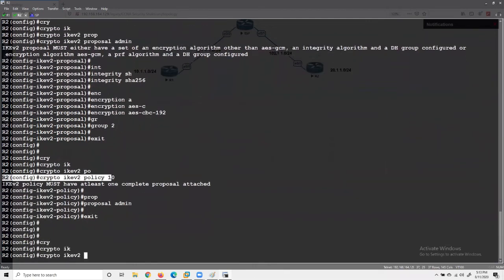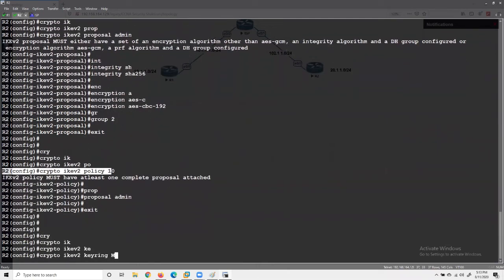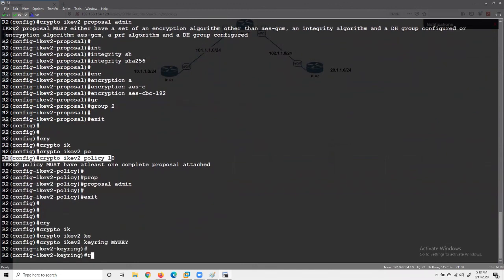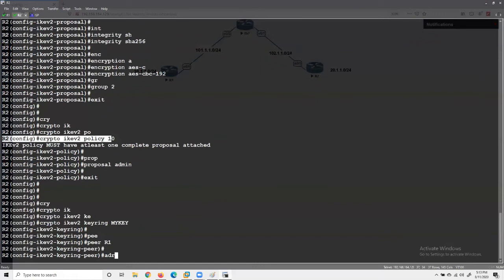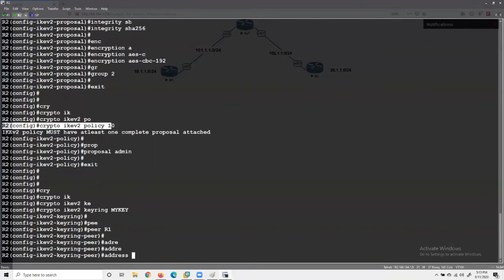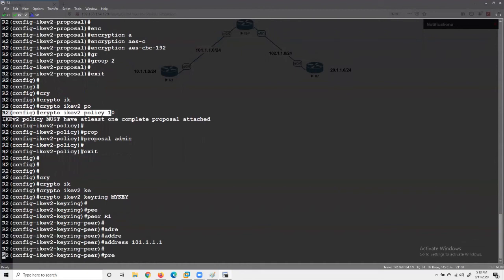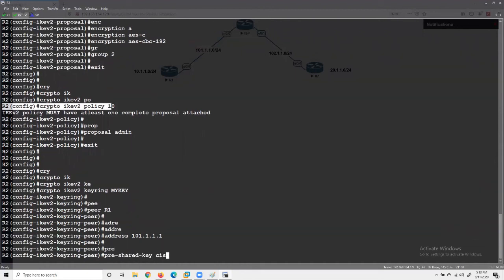After that, crypto ikev2 keyring. You can give any name like my key. After that, you will define the peer, for which peer you are going to create this pre-shared key. For peer R1, and R1 will be identified with this IP address 101.1.1.1, and I will use this pre-shared key for VPN authentication.